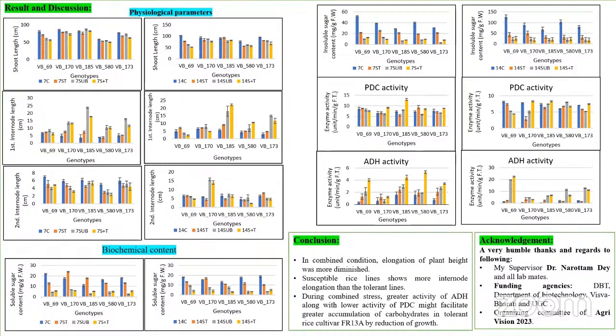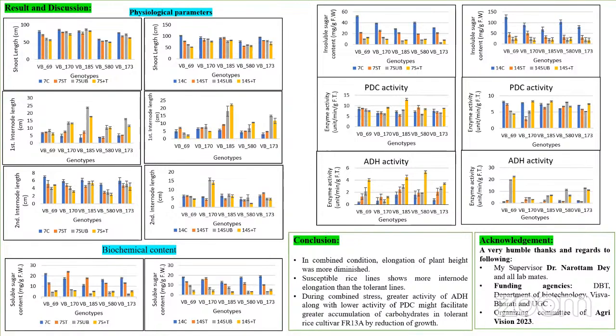There is a reason. Plants use their carbohydrate through the fermentative pathway because there is a lack of oxygen. So respiration is inhibited, and the plant uses an alternate pathway by which the carbohydrate is broken down. For this, PDC activity is required. If PDC activity is more, then more carbohydrate is broken down. So the tolerant variety shows less PDC activity, so they can retain or restore their